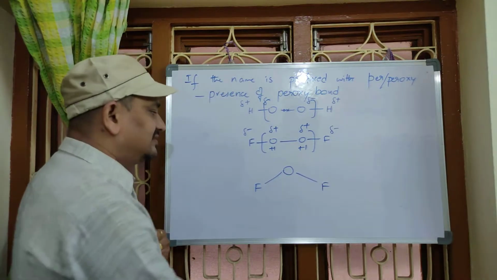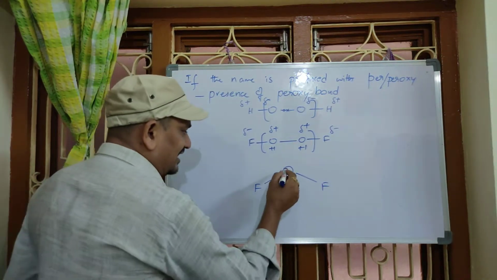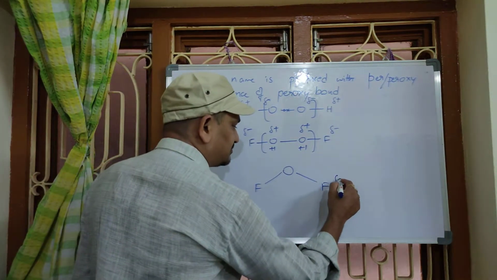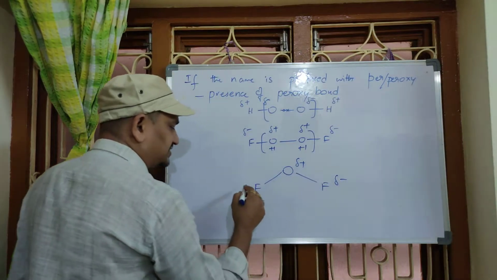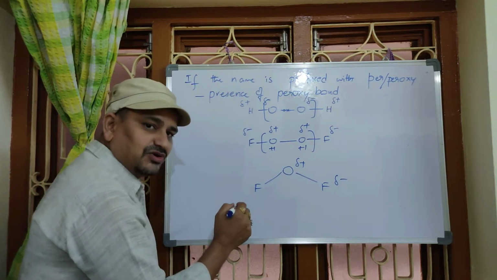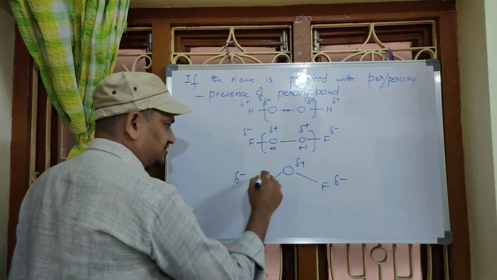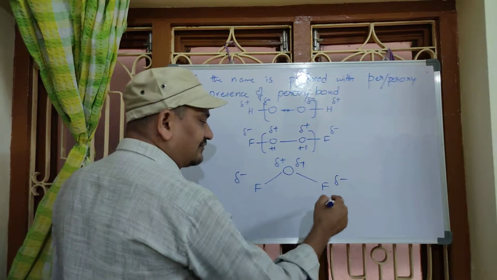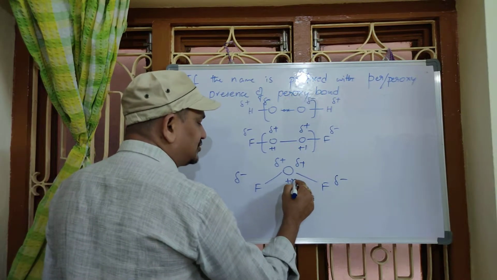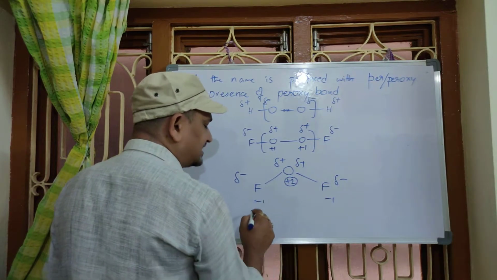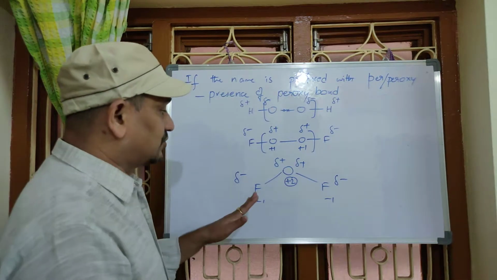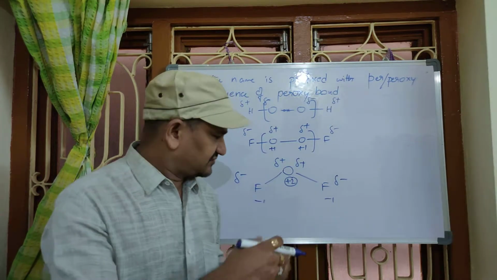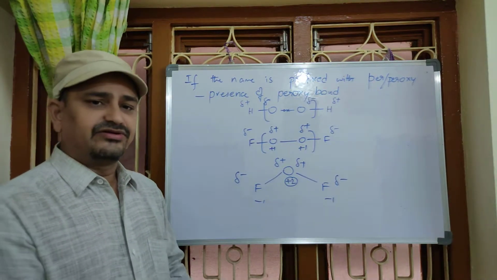oxygen difluoride, now you can easily predict. Among oxygen and fluorine, which is more electronegative? Tell me. Fluorine. So this possesses partial negative, this will be partial positive. Similarly, in this bond also, fluorine possesses partial negative and oxygen possesses partial positive. So, in case of OF2 molecule, oxygen is getting 2 units positive charge, each fluorine is getting 1 unit negative charge. So these are the special cases for oxygen. There are so many such special cases we are going to study in the further topics.